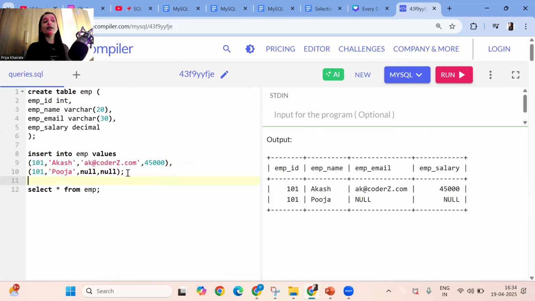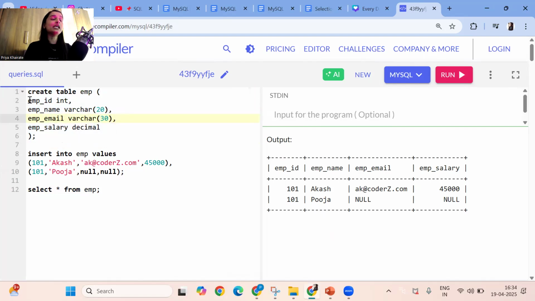As of now, nobody is stopping us from inserting the value. If you want duplicate, insert. Null value, insert. Nobody is stopping us. Then who will stop us from inserting this invalid data? Constraints will avoid this. So let's use the constraint. While creating the table only, you have to use it.